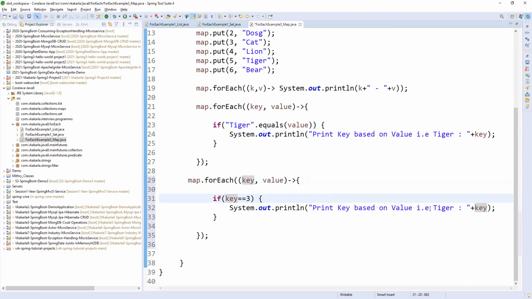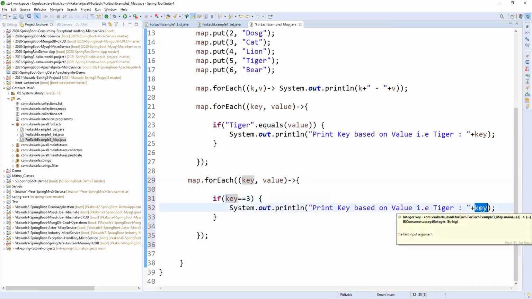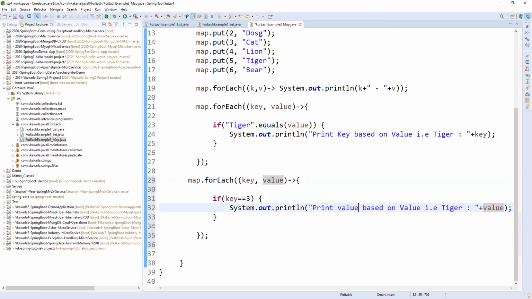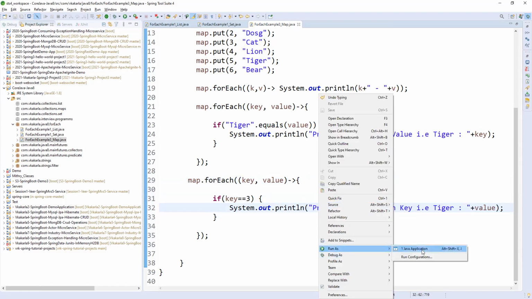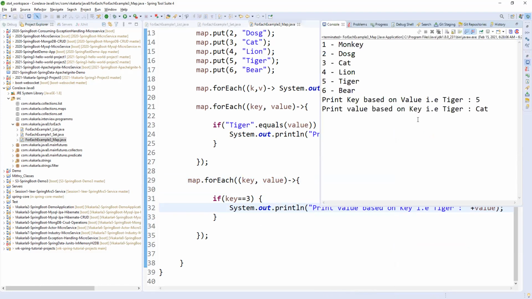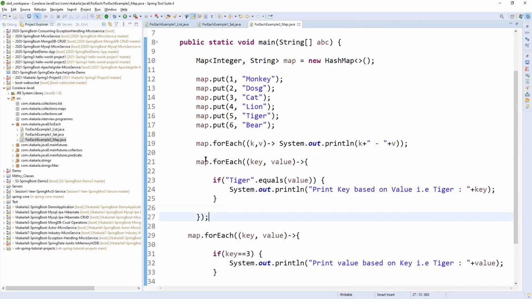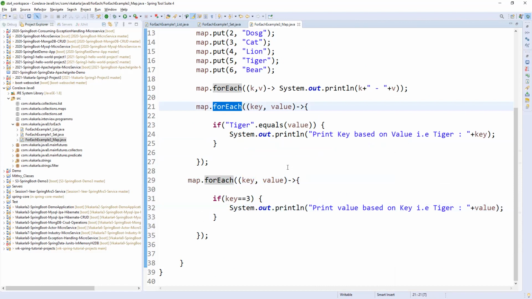And print value based on key. So here I'm printing a value also. So like that we can print. So here we are just traversing the data for each key value pair.